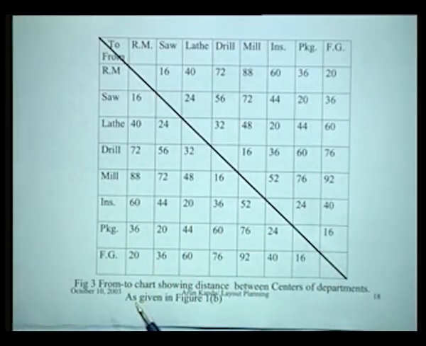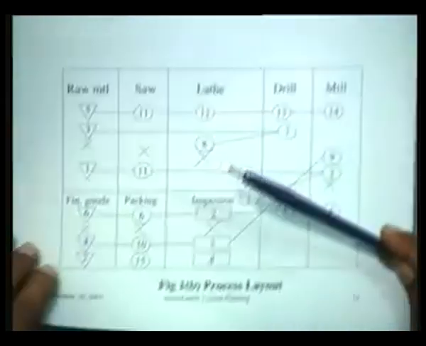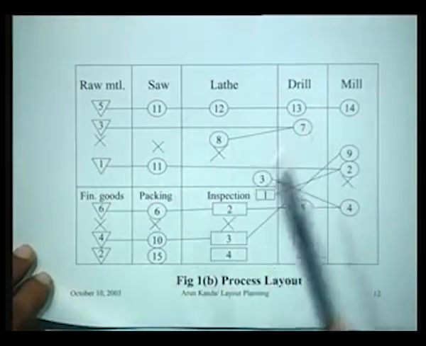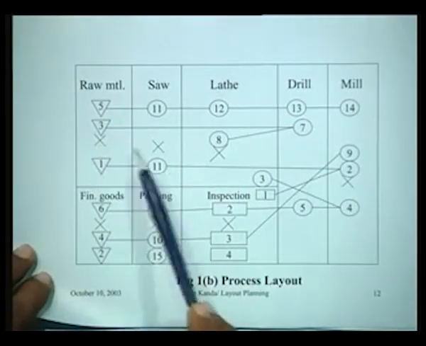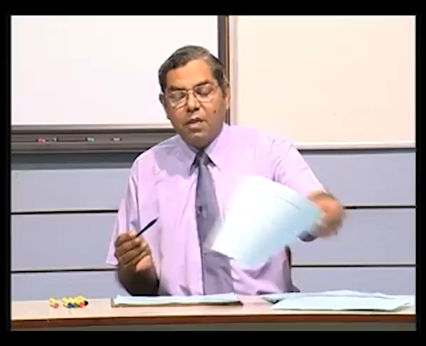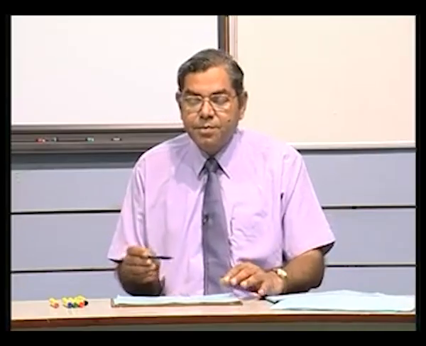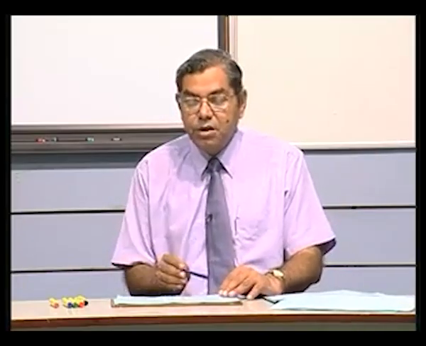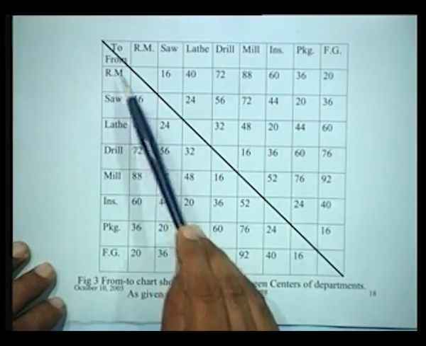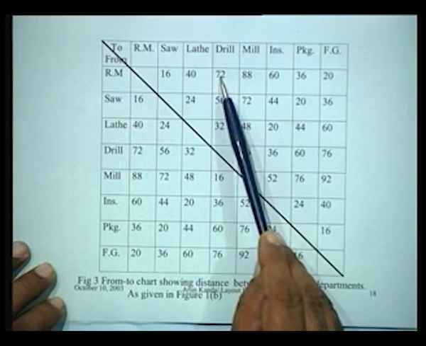You were asking me about the centers in that layout. So if we are now talking about this layout, we look at the centroid of each department and find out what is the distance from the centroid of one department to the centroid of the other departments. So on that basis we can construct a diagram of this nature which would show that the raw material to drill department distance is 72, and notice that this is